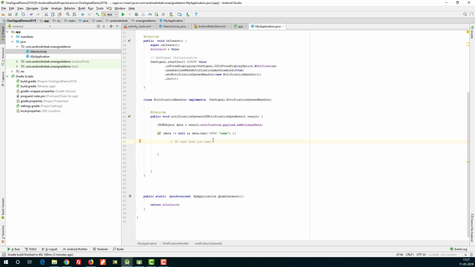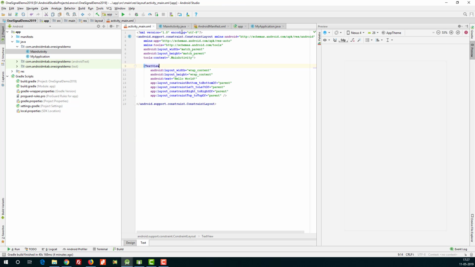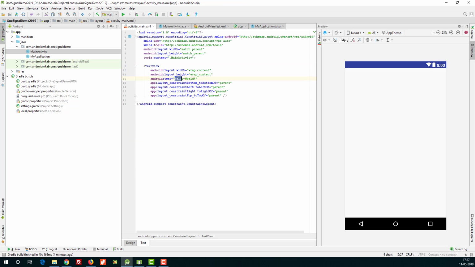So what we will do here is store the value we are sending through this name in shared preferences, and we will access it from the main activity, and we will replace this hello world with the name we sent from the notification. Let's do it.